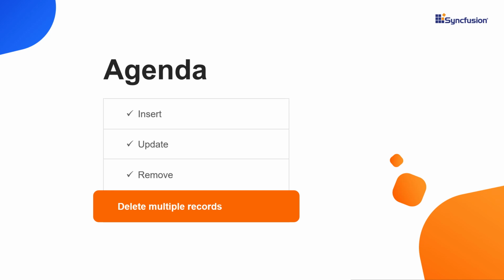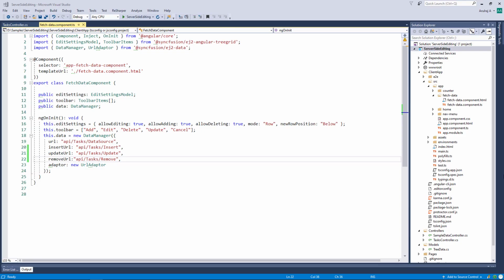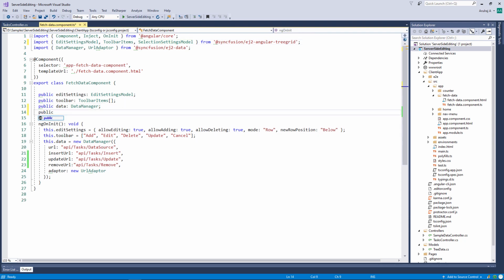Let me move on to the batch deleting operation on the server side. To delete multiple rows, I need to enable multiple row selection in the TreeGrid component. To achieve this, let me import the selection settings model from the Syncfusion EJ2 Angular TreeGrid package. In the fetch data component class, I create a member variable named selection settings of type selection settings model.